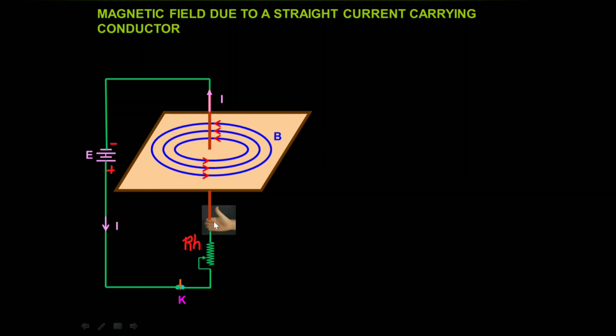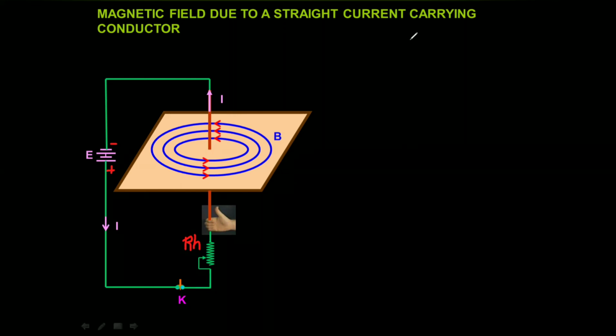Now we have to find out the direction of these magnetic field lines. For that, which law can we use? Of course, we can use the right hand thumb rule, right? Here is the right hand thumb